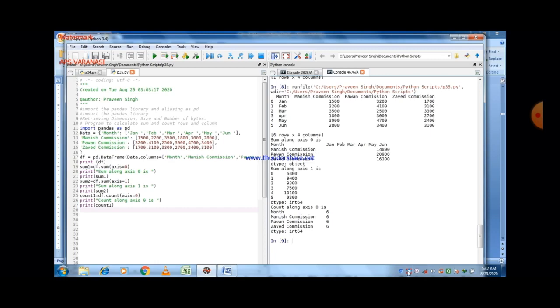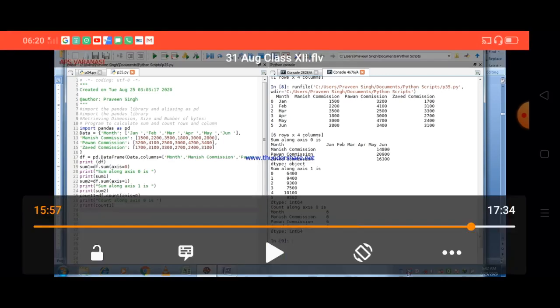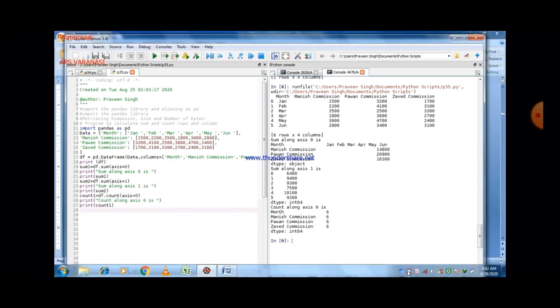By default, sum and count calculate along axis 0, and if you want to find out the value along axis 1, we give a parameter axis with the value 1, then we are able to find out the sum and the count along axis 0 and 1.